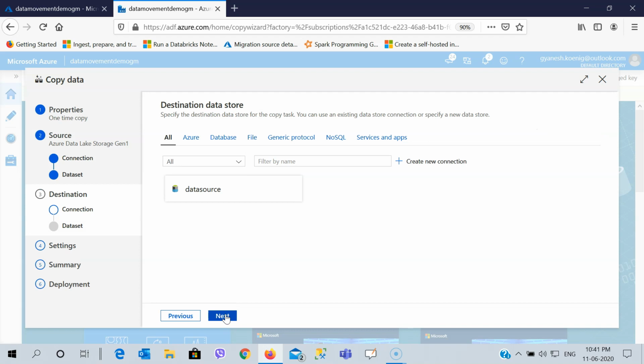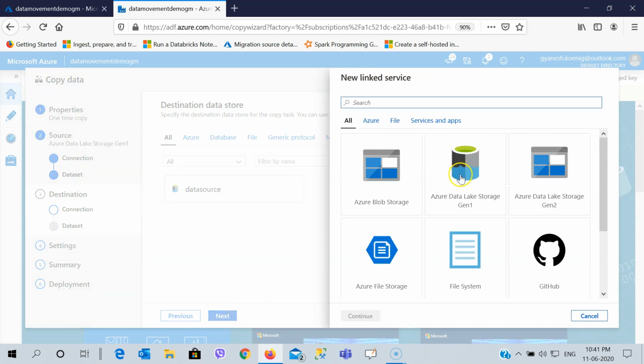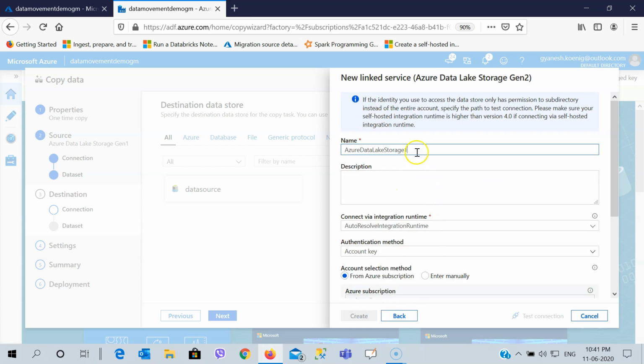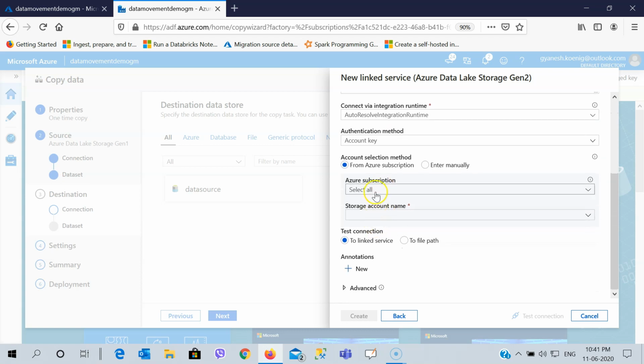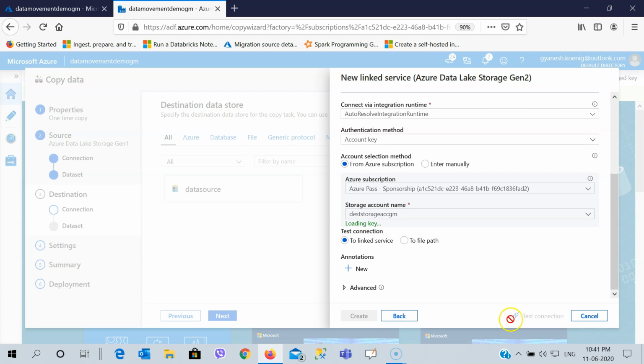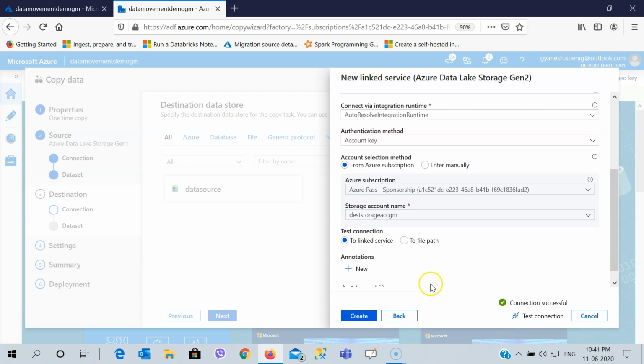Click next, and then I'm going to create a new connection, and that is going to be my Azure Data Lake Store generation 2, and the name is your data destination. Then again I'm going to use the same steps, subscription, storage account name. We'll first test the connection, to make sure that the connection has been successfully established, and then create.